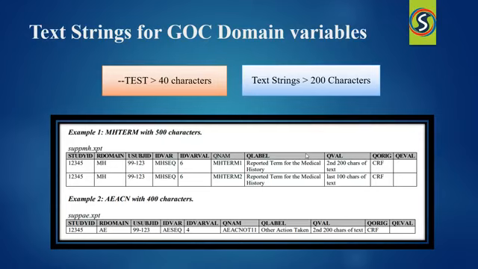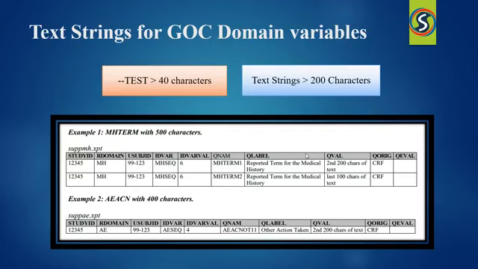So this applies to all domains based on a general observation class. Here we can also note that the comments domain is not based upon your general observation class, so it follows different rules for handling comment text which is more than 200 characters long. The first 200 characters of your text should be stored in your standard domain variable, and each additional 200 characters of text should be stored as a record in your supplemental dataset.